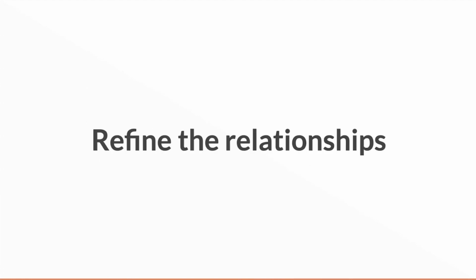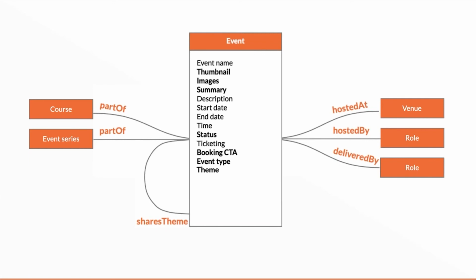Great. So then what we're doing is refining the relationships as it goes into the CMS. That comes down to how things actually work in the CMS, how things actually work in Contensis. You can handle things in different ways. For example, the date system might be to do with start and end date, or it might be to do with a start date and a number of days. The model has to be flexible, and it will change as we put it into the CMS.